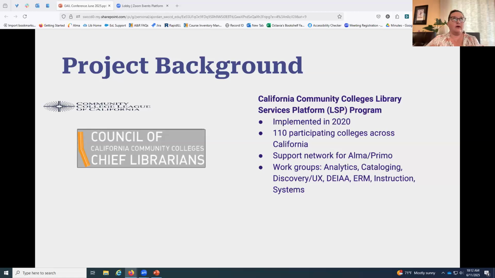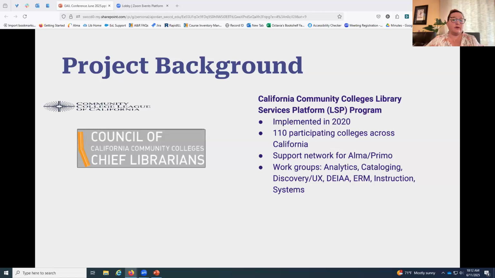As of now, 110 out of 116 CCCs are participating. Within this program, each participating college has local control over functional aspects of their own platform, while the LSP program provides shared opportunities for cataloging, e-resource data, and other back-end development.